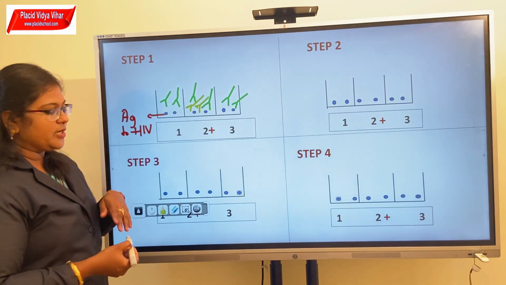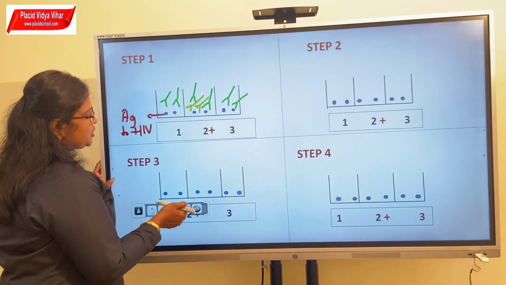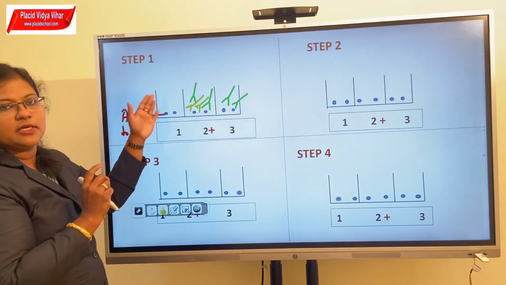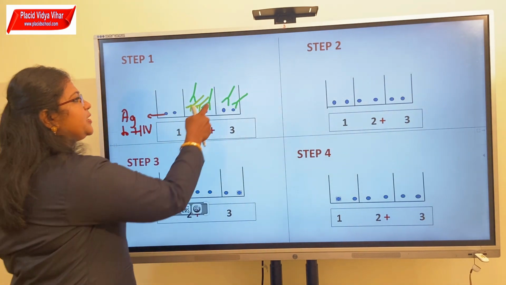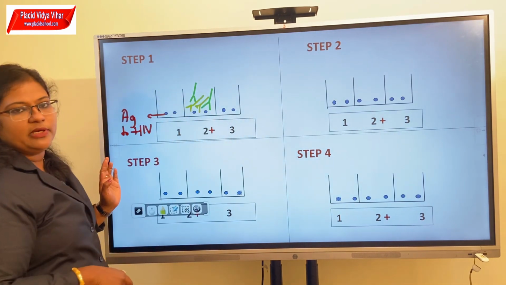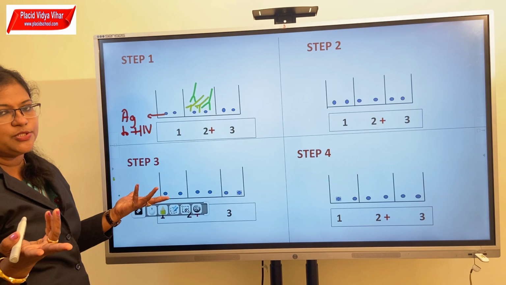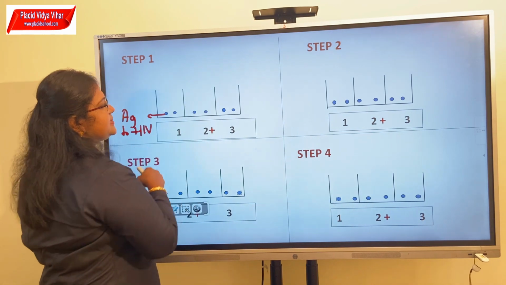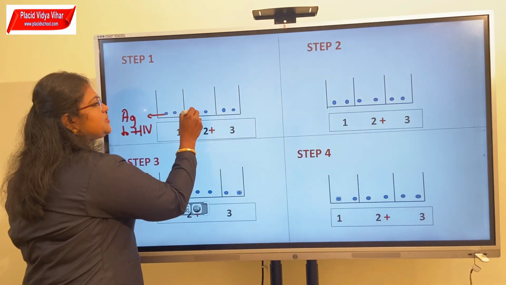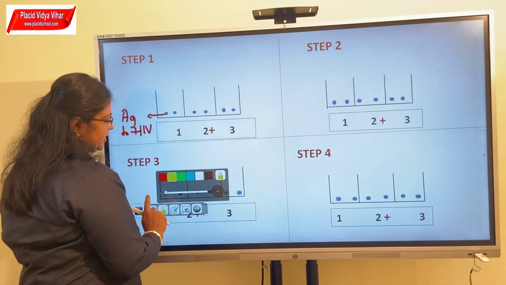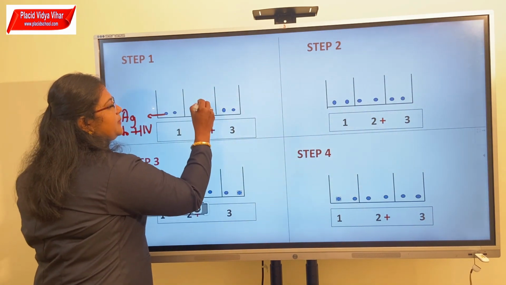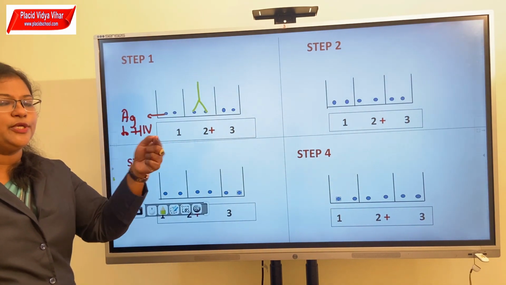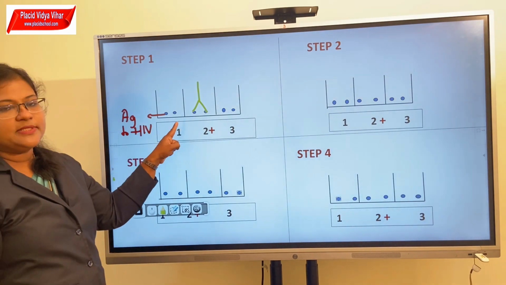The second stage is you will wash it off, and only those wells which contain antigen will retain binding. Suppose this is the well which does not contain the antigen. So no antigen antibody binding will be there. Here also no antigen antibody binding will be there, because we don't have antibodies to the antigen; that person is not infected with HIV. But in the case of this well, the case is another one, because it has antibodies to HIV. That person is actually infected. So the antibody present in the serum sample will bind to the antigen, because that person has AIDS. He has produced antibodies against the virus. So this is step number 1.